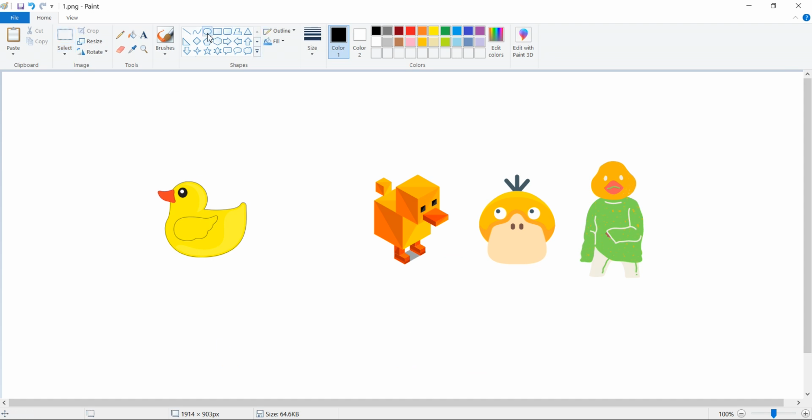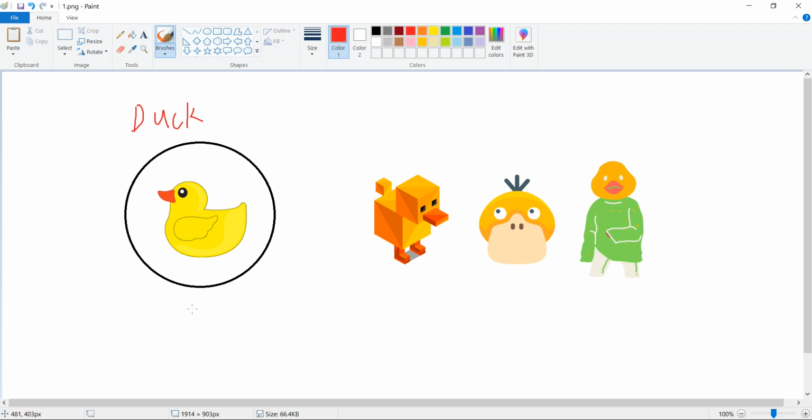What you see here on the left hand side is called a duck, that we all know. So this is a duck, right? And on the right hand side we again have a picture of a duck.